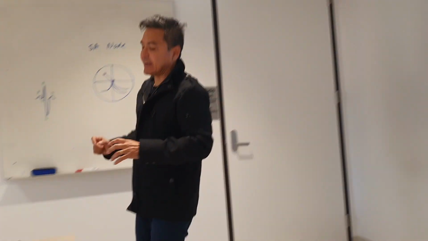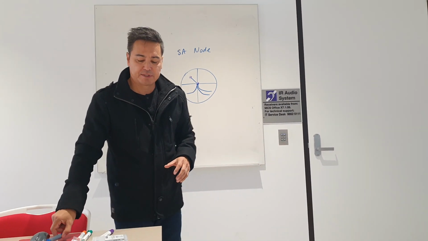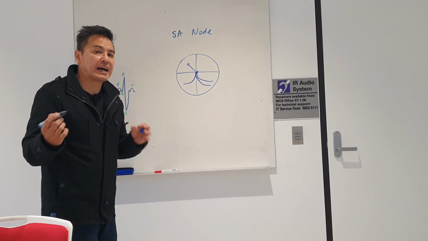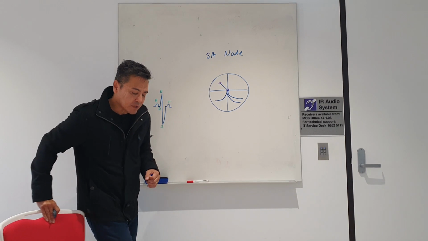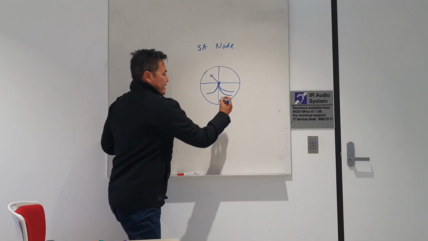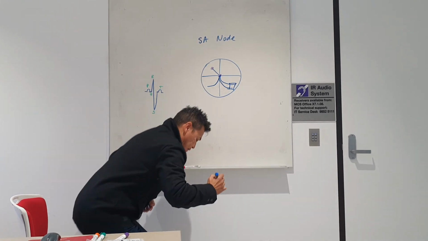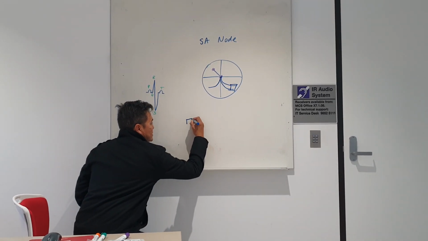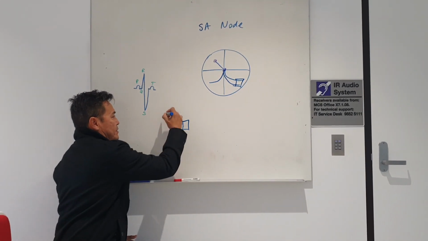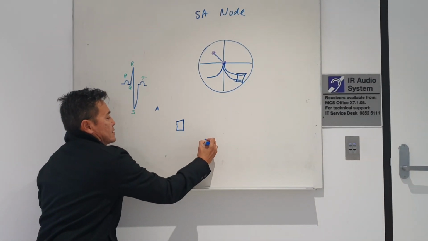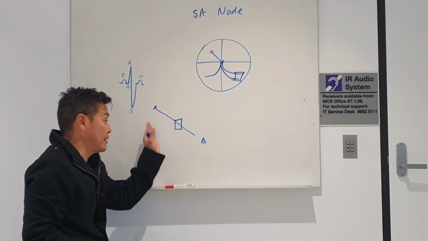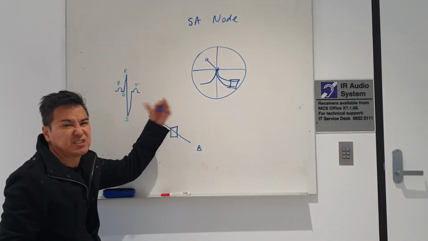Now, I want to go back to a little bit of sciencey sort of stuff, okay? And I'm going to draw some cardiac tissue for you, all right? Let's say the cardiac tissue is somewhere here, all right? So I'm going to draw this, okay? Electricity likes to go from A to B, right? So a normal heart muscle will actually pass an electrical current from A to B,